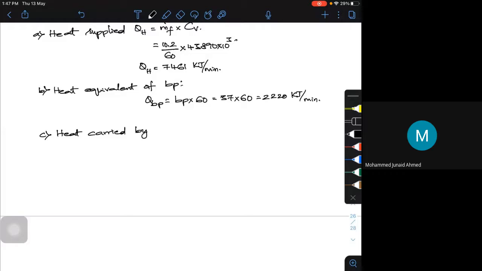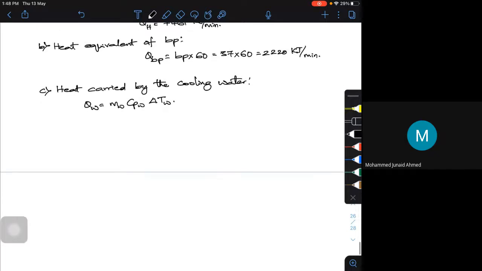Cooling water. So this is actually QW is equal to mass of water into Cp of water into delta T of water. In this particular problem, they have directly given the delta T of water, which is 36 degrees Celsius. For Cp of water, you can use 4.187 or you can use 4.2, it doesn't matter. In the previous problem, we used 4.2. Here, let's use 4.187. Both are fine actually.